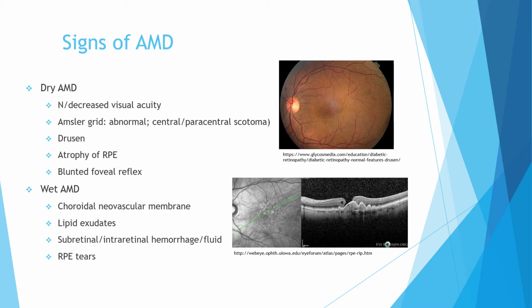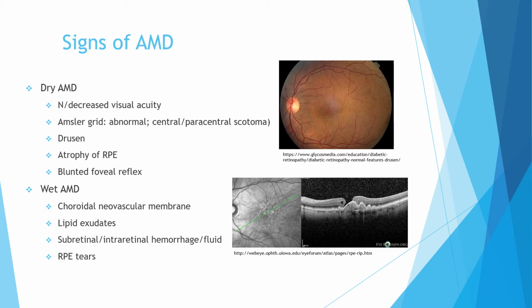Upon observation of the fundus, you may be able to note small yellow spots or drusen. On the OCT, you will be able to note the atrophy or the thinning of the RPE layer, and the foveal reflex overall will be blunted. In wet AMD